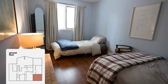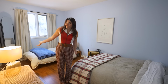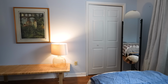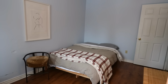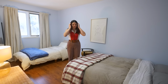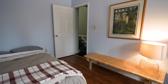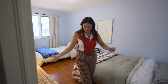So we are super blessed with 3 guest bedrooms in this house, of which all of them are currently just functioning as simple guest bedrooms. I've styled them to the capacity where they work as a place for someone to stay over. It's not beautiful. The blue wall is not what I would choose long term, but we're not ready to work on these spaces properly just yet. So in the meantime, they're functional. They're great. We have family come over. A lot of families coming for the holidays. So it's just nice to have the option for people to stay somewhere. So, number 1,